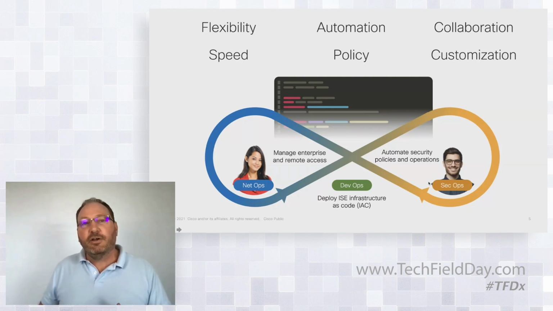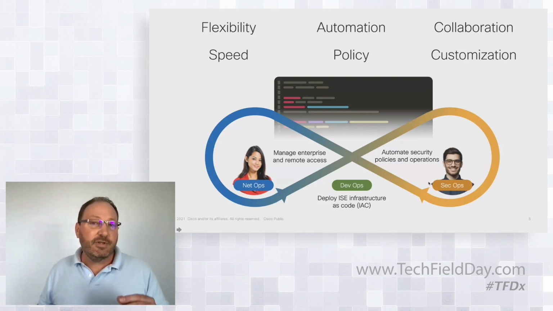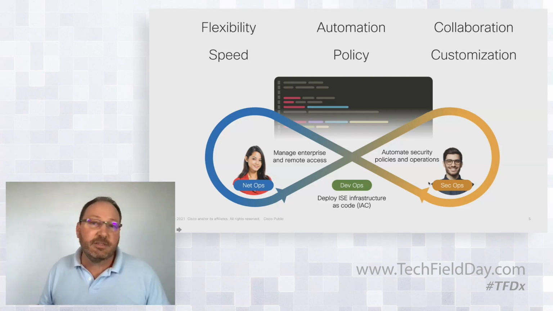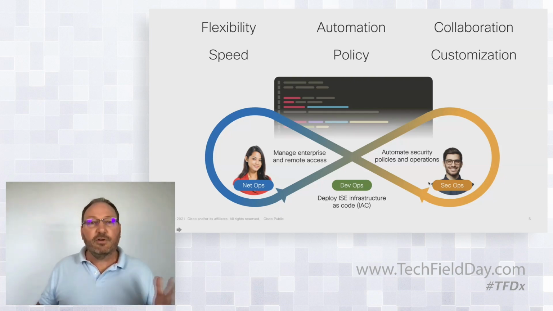And finally, a great side effect of having all these APIs is just customizability, whether it's for customers that need to make sure that they have a specific guest process when guests come to visit, or for our partners who need to build a customized integration for ISE. So all these things are the kinds of things that we're seeing with ISE and that automation is allowing